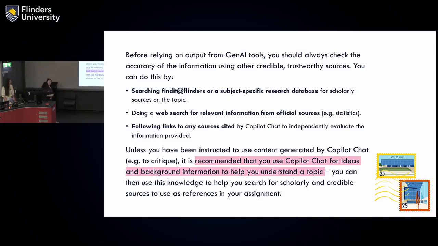So if you're worried about whether the information is inaccurate or incomplete or not at a good enough quality for what you're looking for, so when we talk about that academic critical,